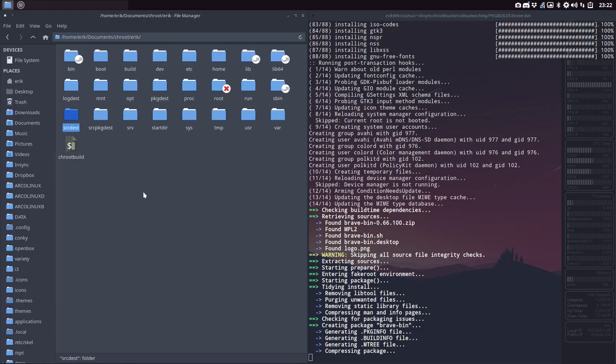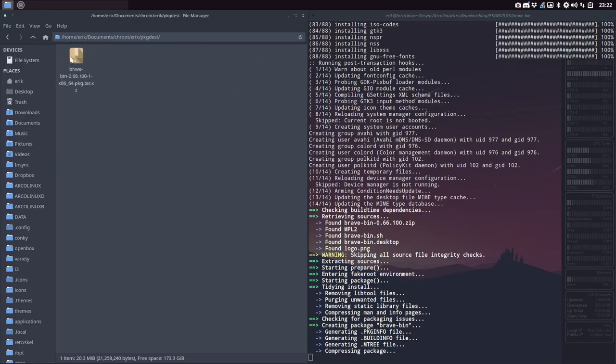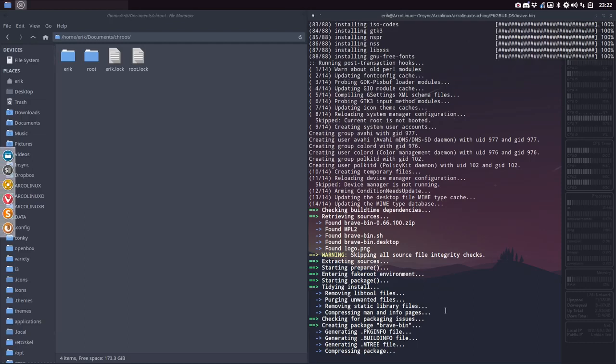But in a few moments time, everything will be gone again. Package destination, we see something. Brave bin in here. But soon enough, you'll see that everything is gone when it's done compressing and done working with this package. It takes a while, it's a big one, it's 70 megabyte, which is pretty much not okay, but GitHub has